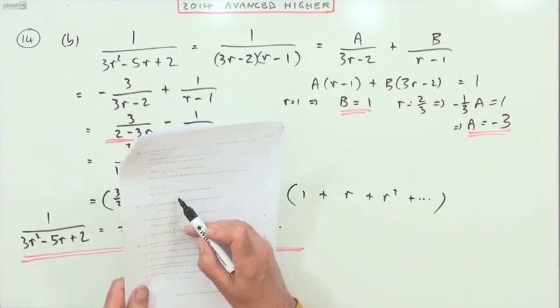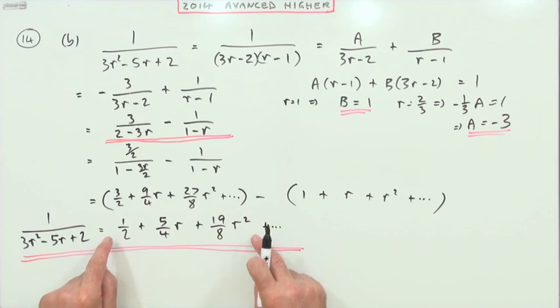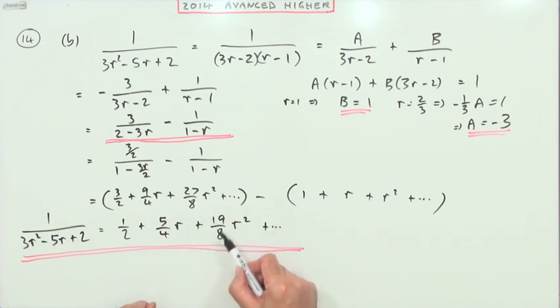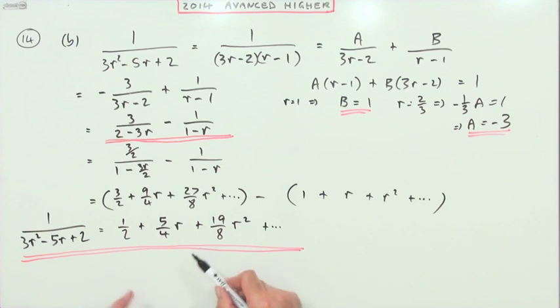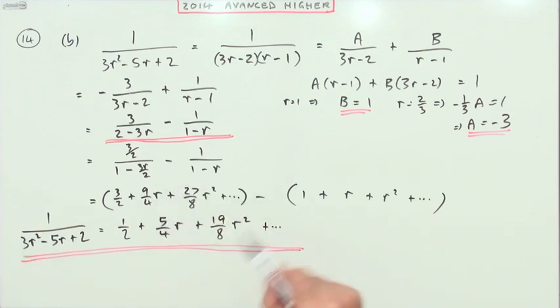Now the last part says, for what values of r does the series converge? Well, the first step is, this isn't a geometric series. There's no common ratio there. 5 over 4 divided by a half is not the same as 19 over 8 divided by 5 upon 4. So you can't try and rearrange this into the form of 1 over 1 minus and hope to find the common ratio that you're going to use. But